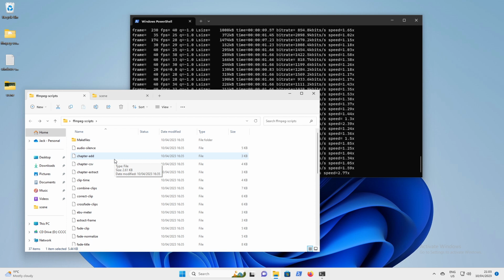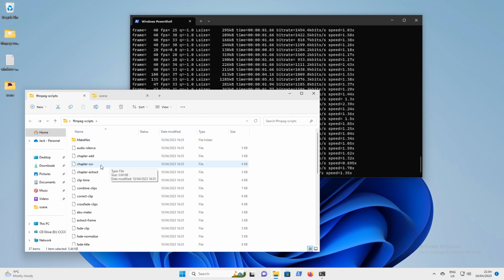Once you've created the format, you have this chapter CSV script, and you give it a CSV file with the time code of the chapter, like 0 is intro, 5 minutes is setting something on fire, 8 minutes is computer exploding, or whatever. And you run the chapter CSV script, and then you run the chapter add script